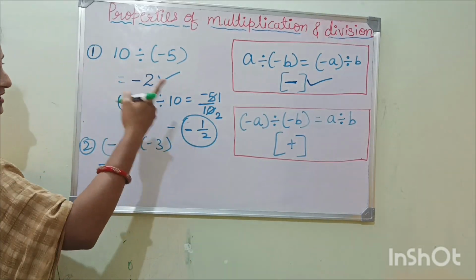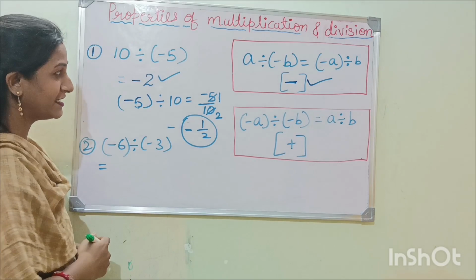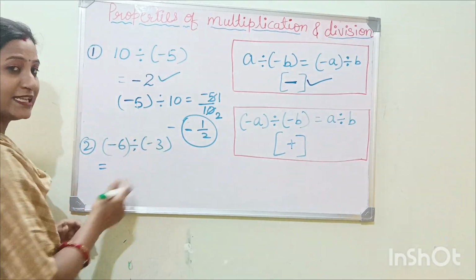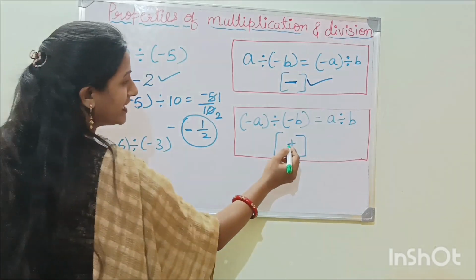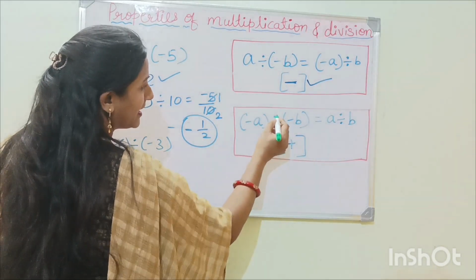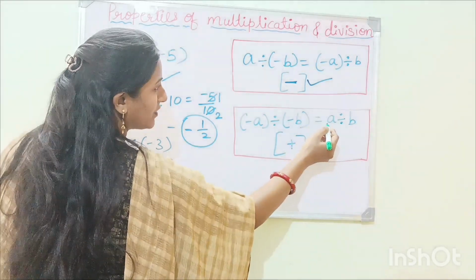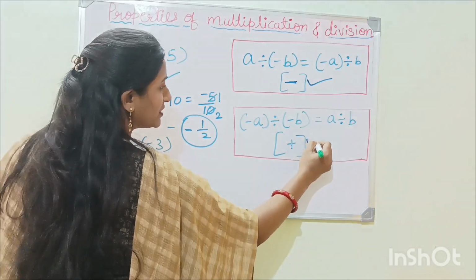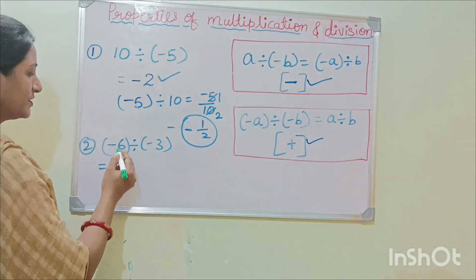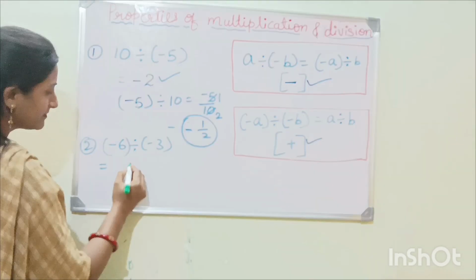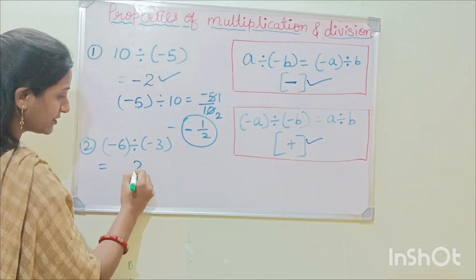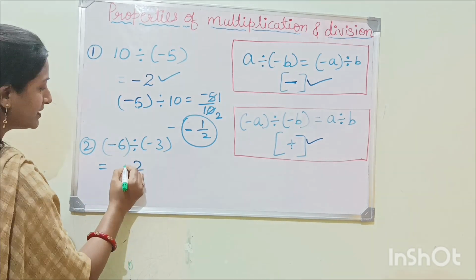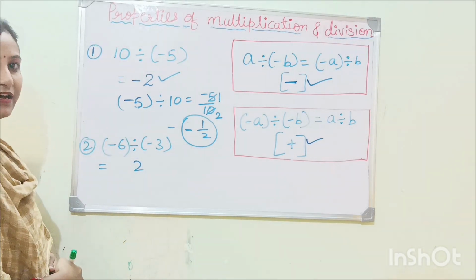Next one, as you have seen here, one of the integer is negative. You have to assign minus sign in quotient. If both the integers are negative, you have to assign plus sign. Minus a divided by minus b. So as usual, how you divide? A divided by b. But in quotient, you have to assign plus sign. So here both the integers are negative. So 3 twos are 6. Your quotient is 2 and both the integers are negative. So you have to assign plus. So plus, no need to write.